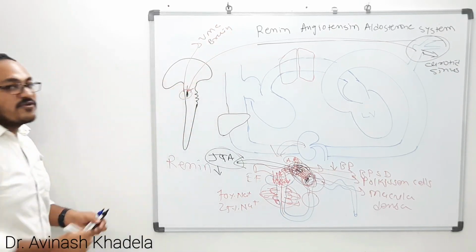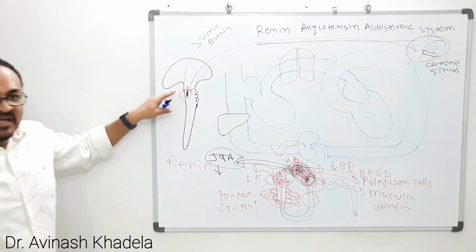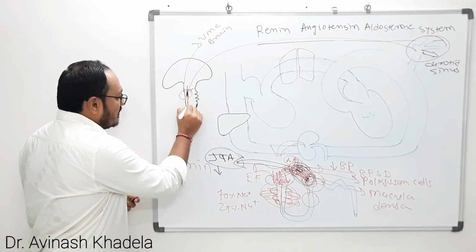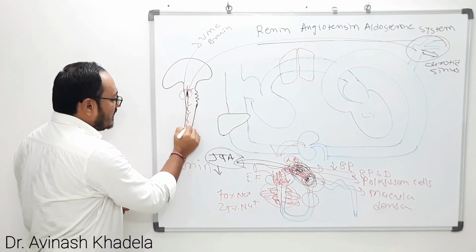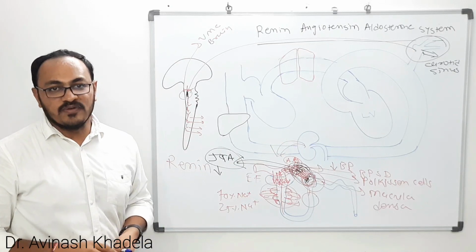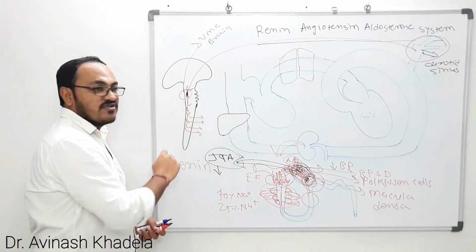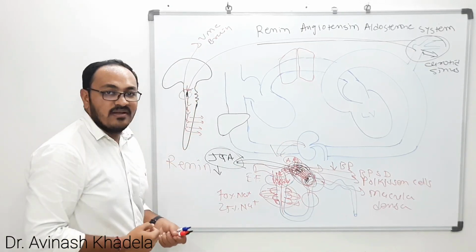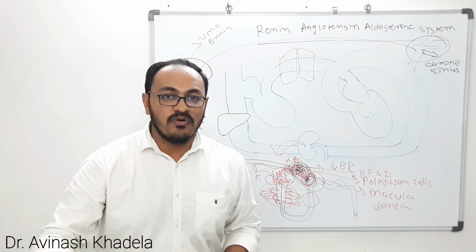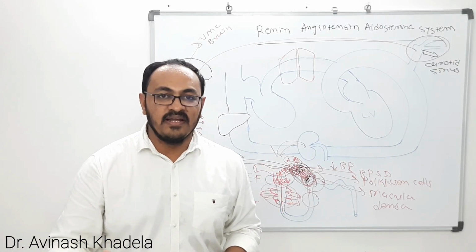And when the vasomotor center in the brain gets stimulated, it releases norepinephrine through preganglionic neurons. So when the vasomotor center is stimulated, it starts secreting sympathetic outflow, which majorly secretes